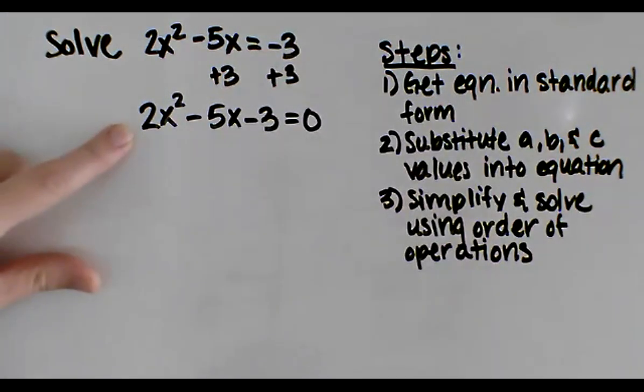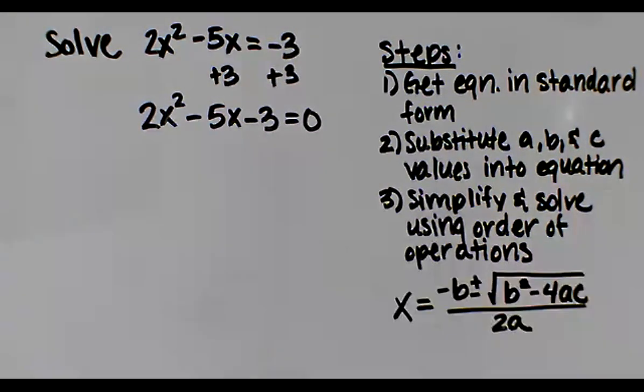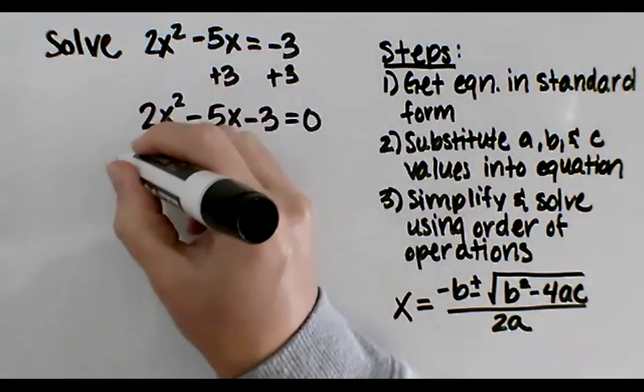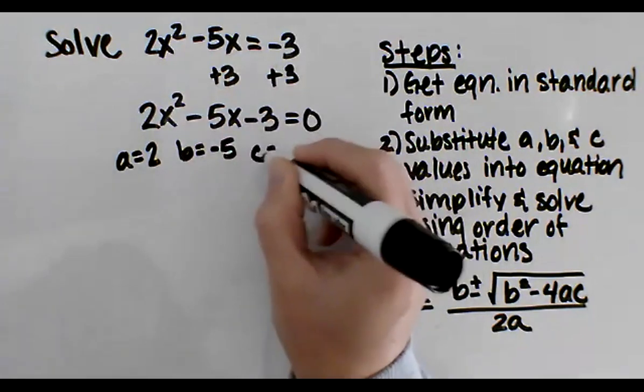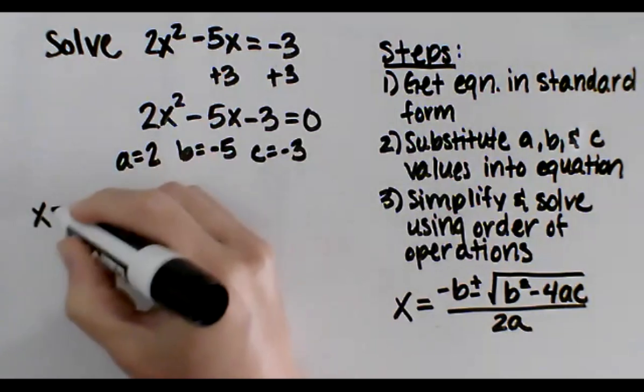Now we're going to take this equation in standard form and identify our a, b, and c values so that we can substitute those into our equation. So a is 2, b is -5, and c is -3. The first thing we're going to do is substitute each of those into our equation. And I like to put parentheses around everything just to make sure that I don't accidentally multiply something incorrectly. So we get x equals